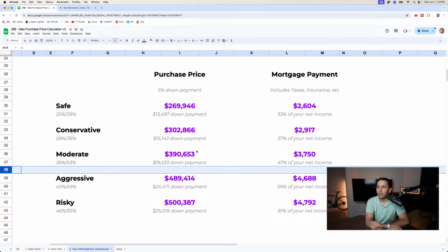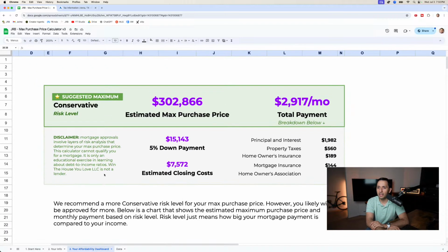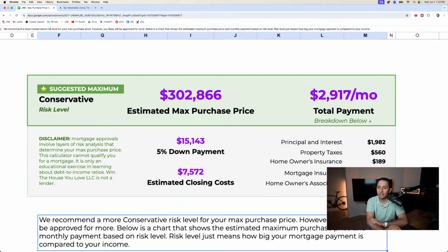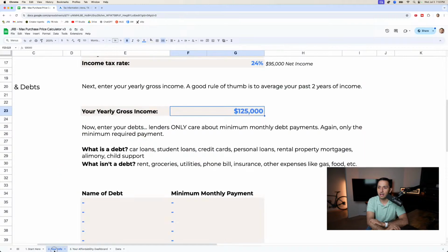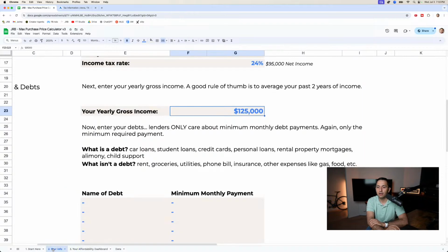All right, here's what we got to do though. So now that we know what we know, again, just play around with these numbers, see what they look like. I want to show you the breakdown of what a $400,000 home looks like. So I'm sorry, the payment looks like. So right now we have it at $300,000. It's based off of a conservative max price. We need to manipulate the math to get to $400,000 so I can show you the breakdown of that monthly